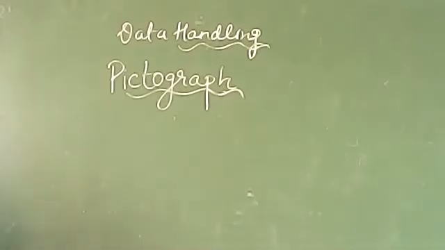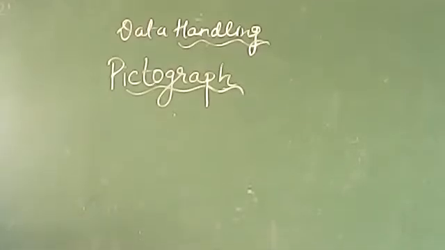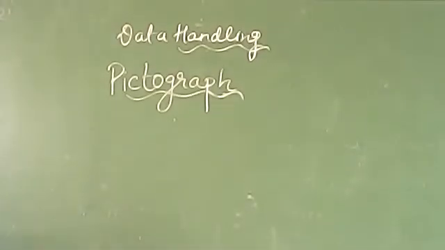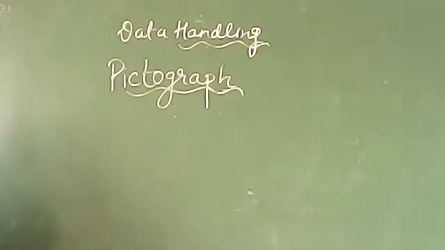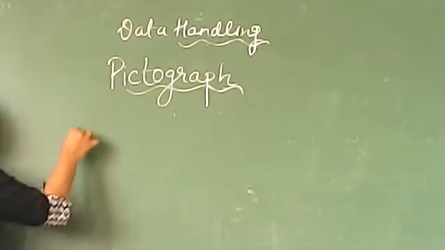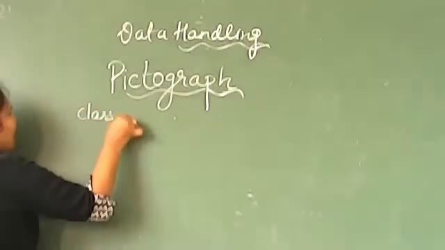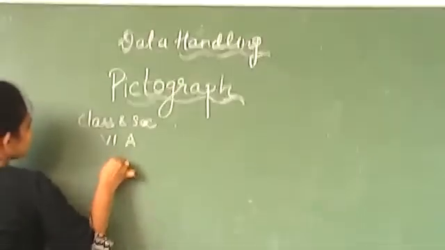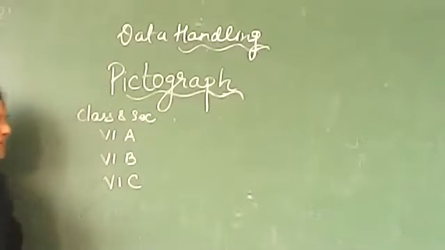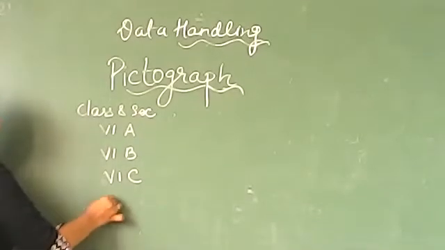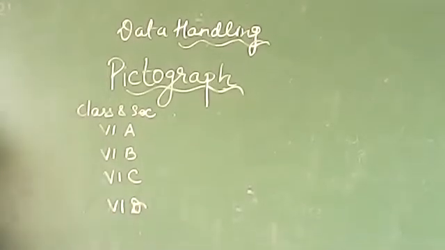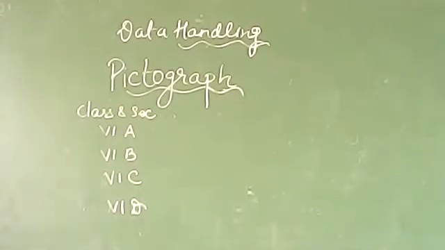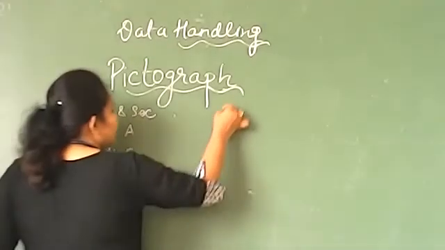So now let's have one example in which I have asked students which sweets they like. I am going to represent the data in the form of pictograph in this way. So here I am writing class along with sections: 6th A, 6th B, 6th C, and we have 6th D as well. So we have 4 sections. Here I am writing about the sweets,